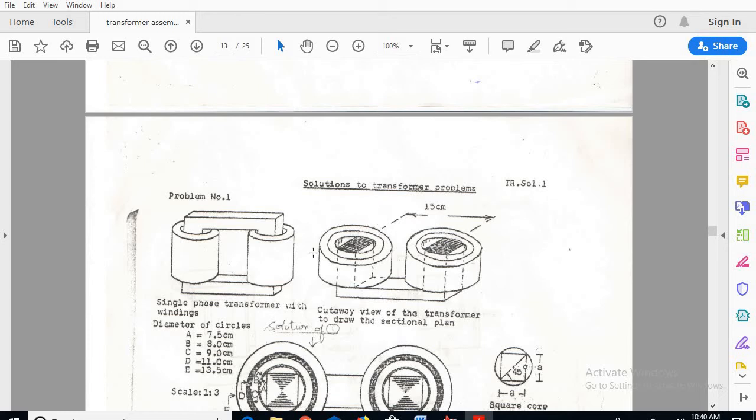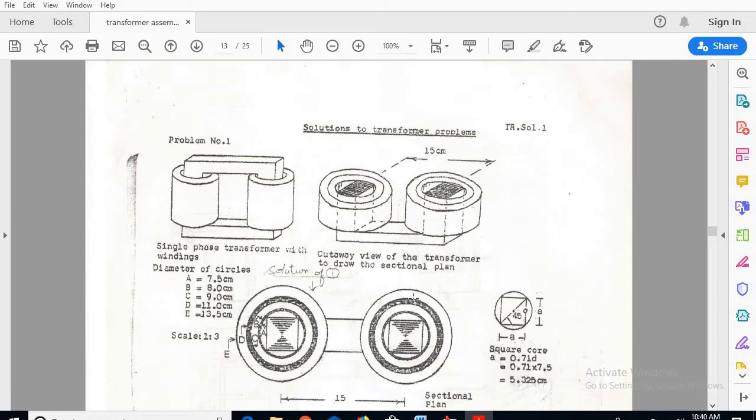Now this is the second limb, same, the core I can see, the windings I can see. With respect to the dimensions, according to the data given, the diameter of the circumscribing circle is given as 7.5 centimeters.